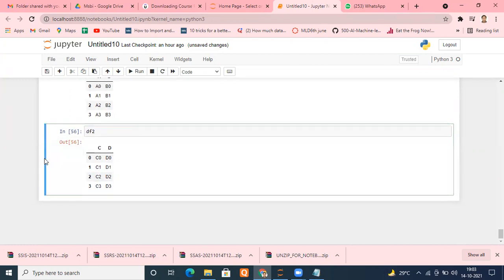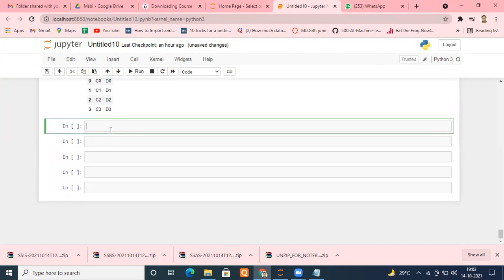Now, moving on, suppose I want to concatenate them. As I said, concatenation is nothing but gluing together. I'm repeating, you know glue? What is glue? Glue is nothing but gum by which we stick things together. Okay, so what I'm going to do now, I'm just typing, see, pd.concat, pd.concat, because I need to do concatenation.